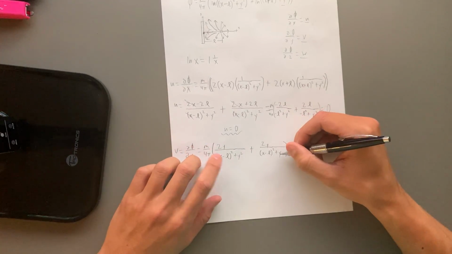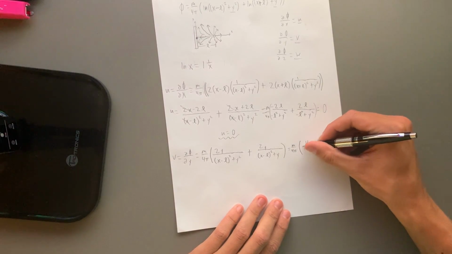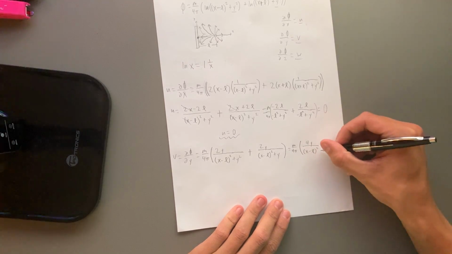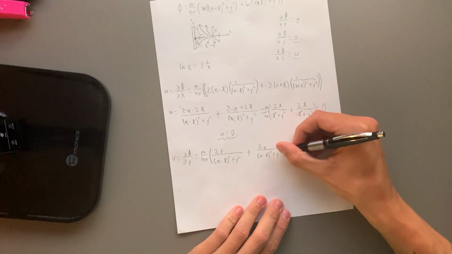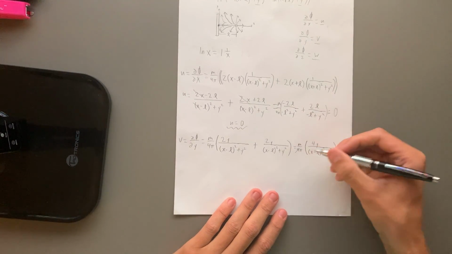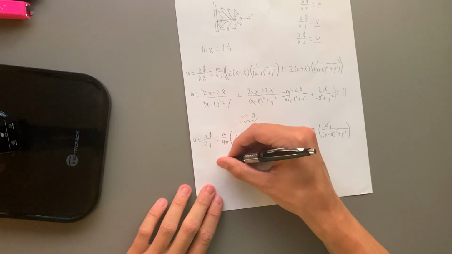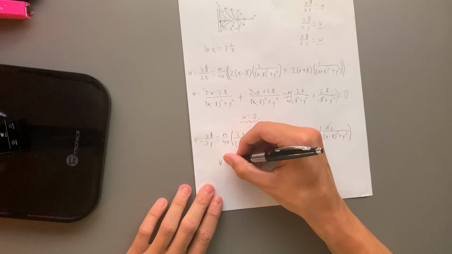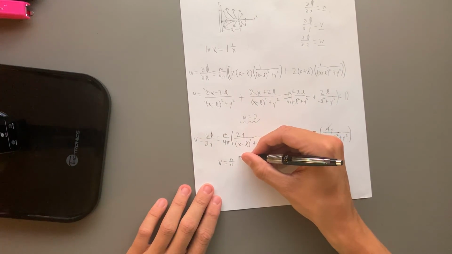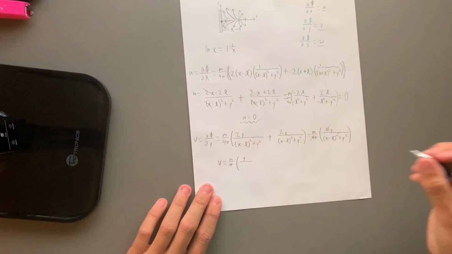Now the bottom part's the same, so this simply turns into 4y over x minus L squared plus y squared. All right, so now we can see that our 4's cross out. So we are left with V equals m over pi. Here's our y over,